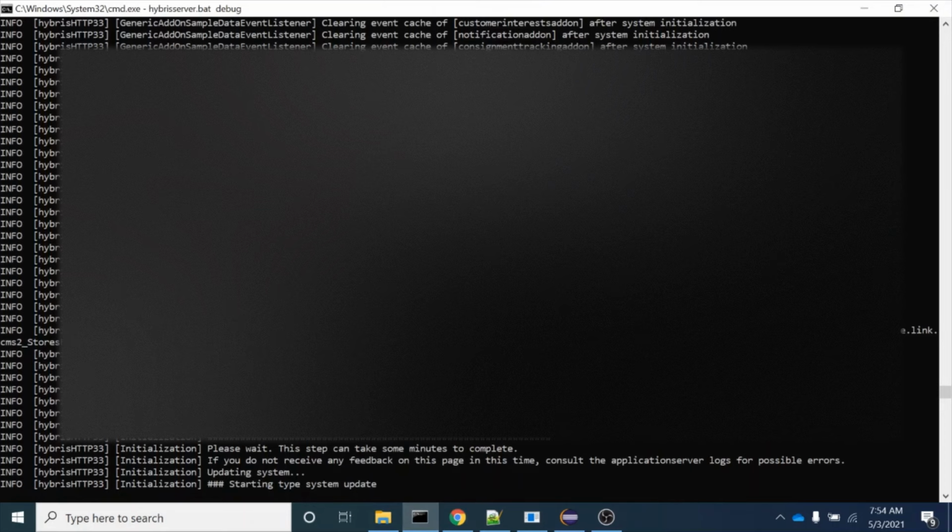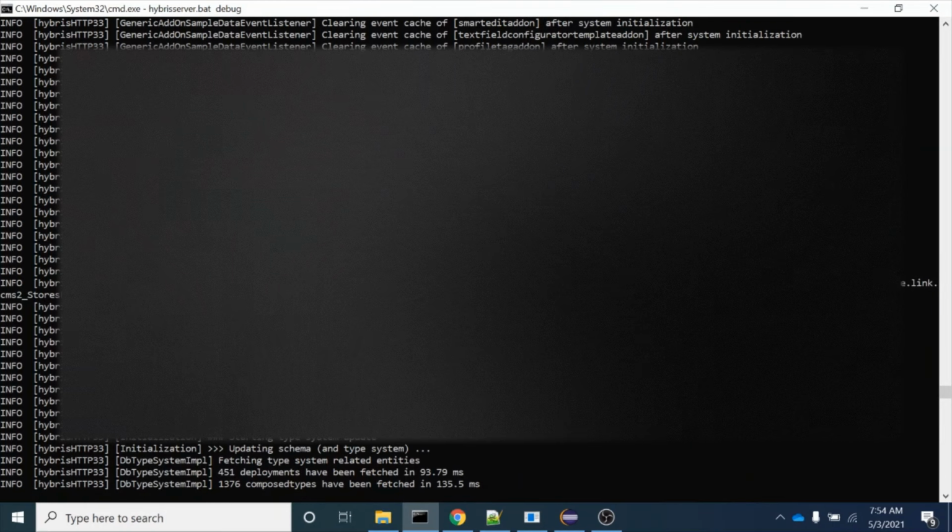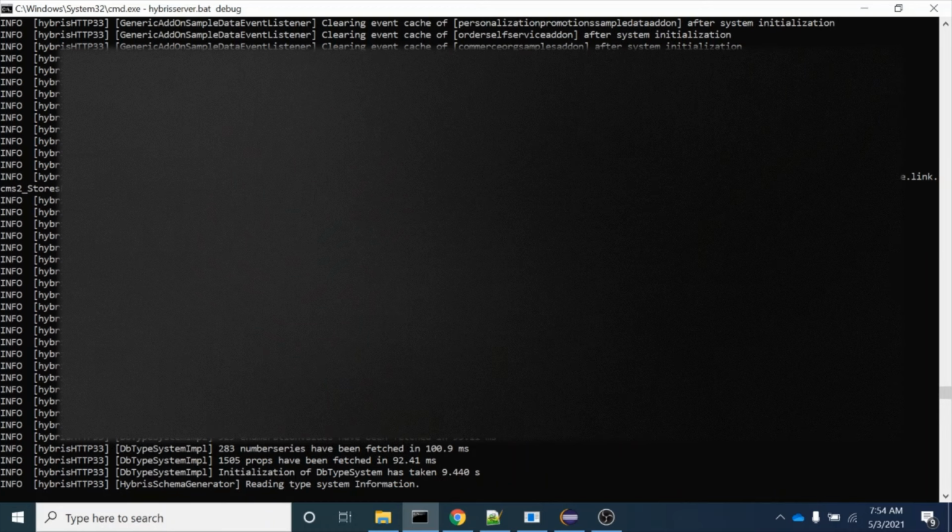So I will just uncheck all these options, right? And then I will simply perform the system update. So this is what I have to do. I am performing the system update. As you can see in the backend as well, system update has been started. So this will take some time to finish. So once the system update finishes, then guys we will see